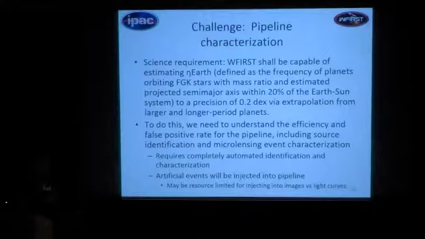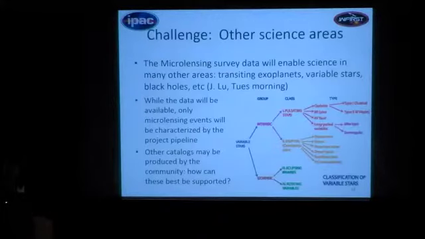And one of my concerns is we may not have enough resources to do all the injection at the image level. We may have to do the injection of the false sources at, say, the light curve level. And so, one of the things we need to understand is what biases might that introduce? Do we do a limited number of testing at the image level? Okay, and then finally,